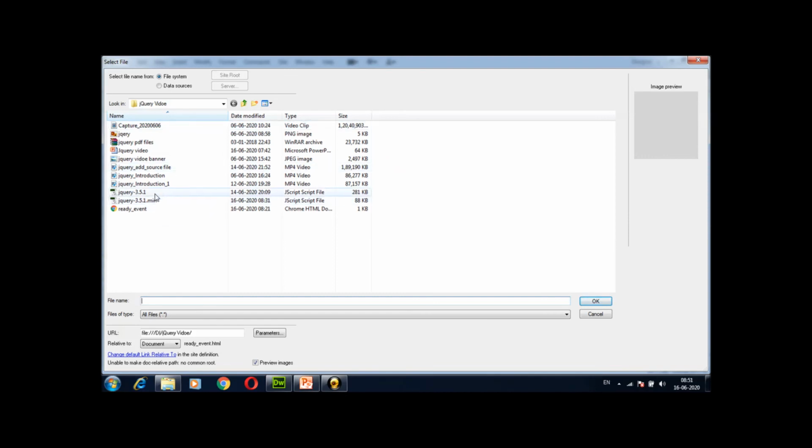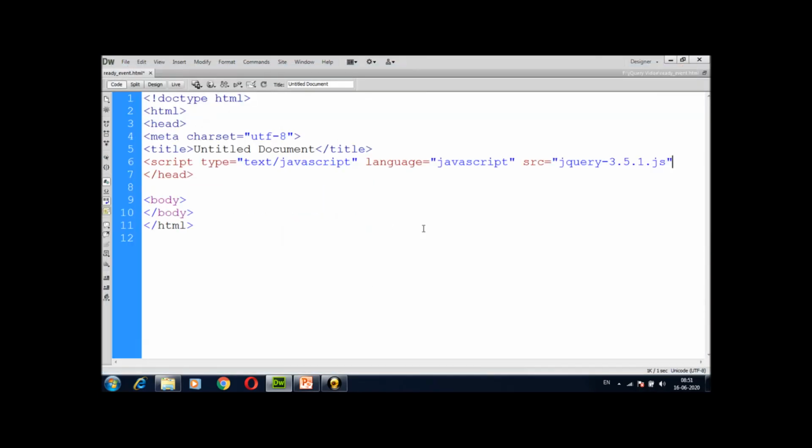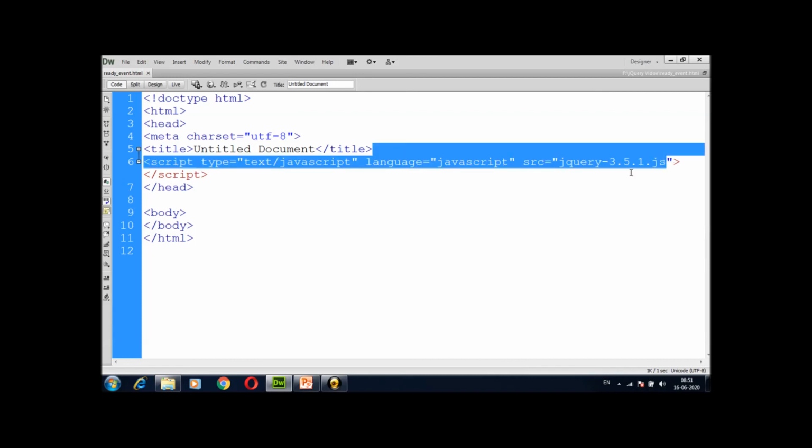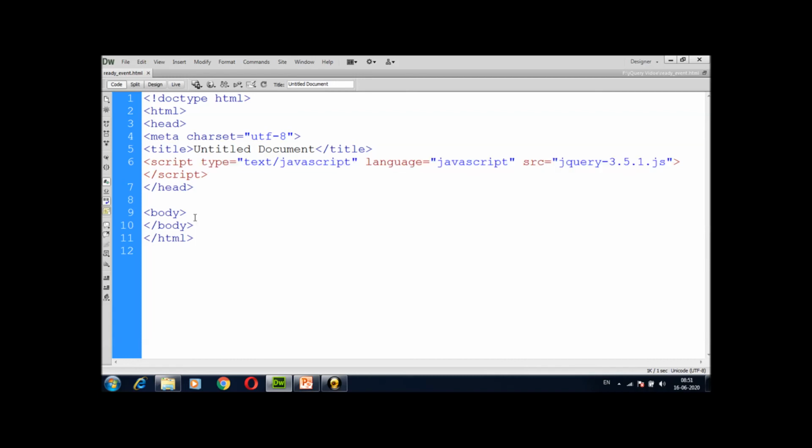There are two different files. The first one is the uncompressed and the second one is the compressed version. I am going to use one of these, compressed or uncompressed. So I am selecting the uncompressed version and then ending the script tag. Now this jQuery 3.5.1.js file will support my jQuery programming.